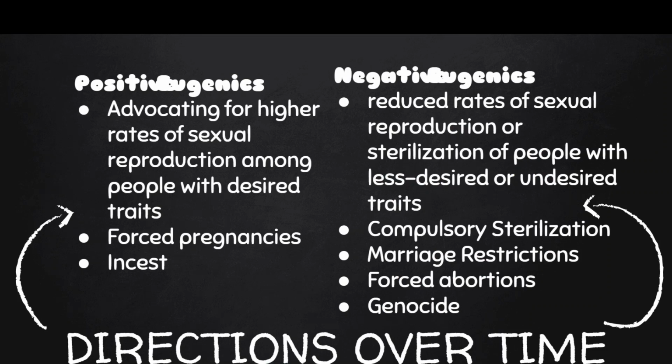Directions over time. In terms, eugenics was really associated with genetic determinism, or the belief that human character is entirely or in the majority caused by genes, unaffected by education or living conditions. The system believed that any undesirable traits could just be bred out, like criminality, cleft palate, bipolar disorder, alcoholism, Blacks, and Jews. Now, this is under negative eugenics, while positive eugenics wanted to increase reproduction